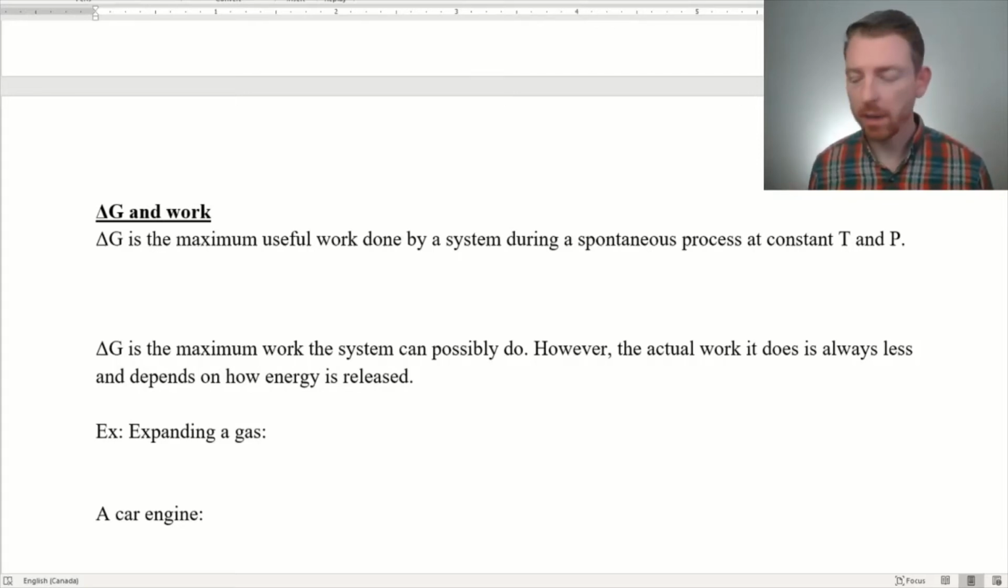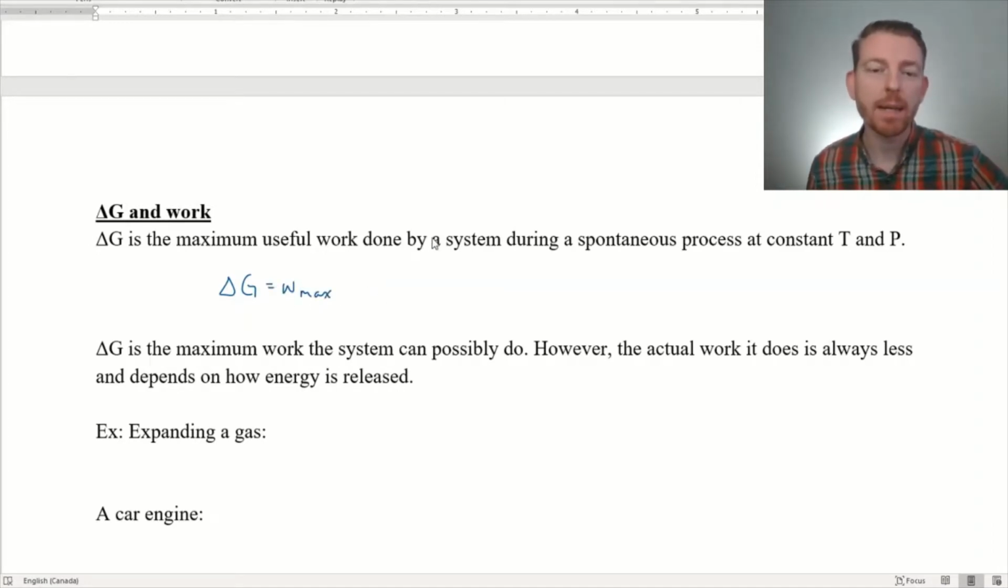Hi again, everyone. And as promised, we're going to carry on with Gibbs Energy and specifically thinking about the work that we can get out of a system and how Gibbs Energy is going to let us calculate that amount of work. So, one of the ways that we can think about Gibbs Energy is just as the maximum theoretical amount of work that we could get out of a system